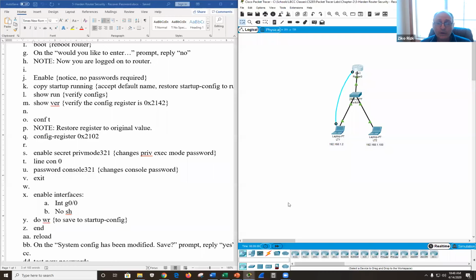So this is really important because these scenarios do happen and has happened many times in my classroom where somebody will change the password and they'll go home. And then the next day I would have to do exactly this to remove the passwords. So the next student can use a switch or a router. And it happens in real life because people quit, people leave, people go on vacation, and you need to access a switch or a router and you don't know what the password is. And this is the process to do it.